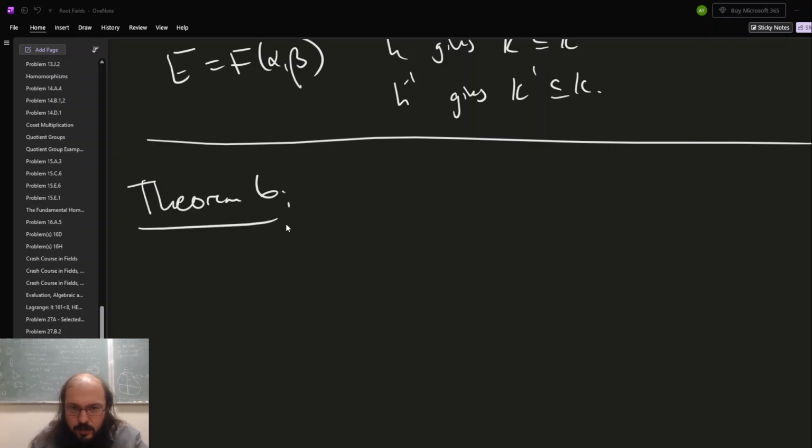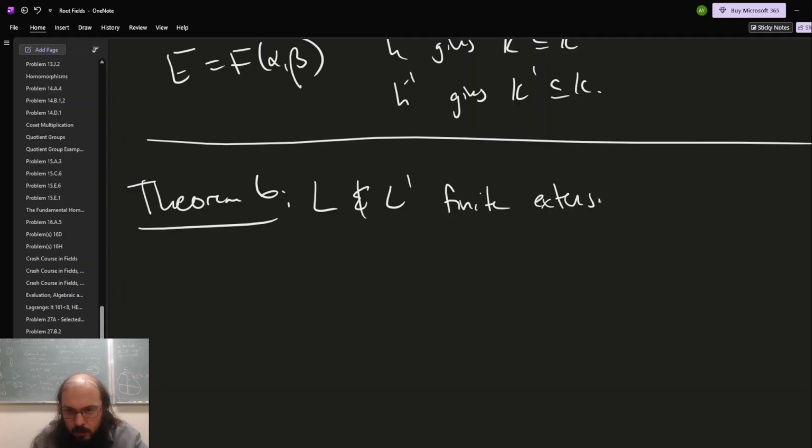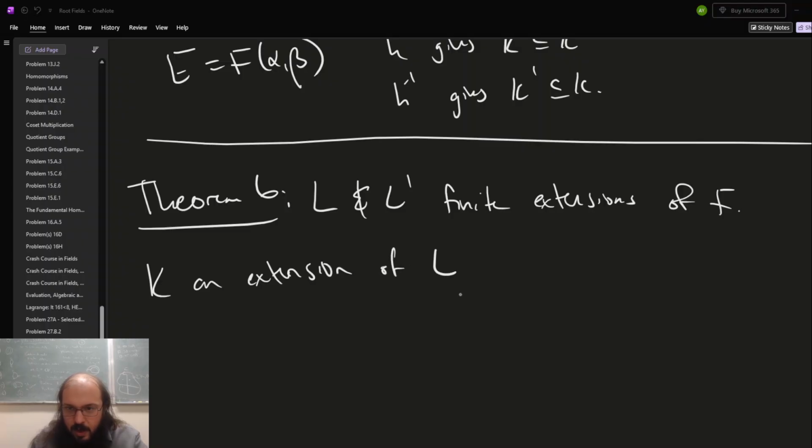Theorem 6 says if I have two extensions, L and L prime, finite extensions of F, excuse me, K an extension of L, which is a root field,